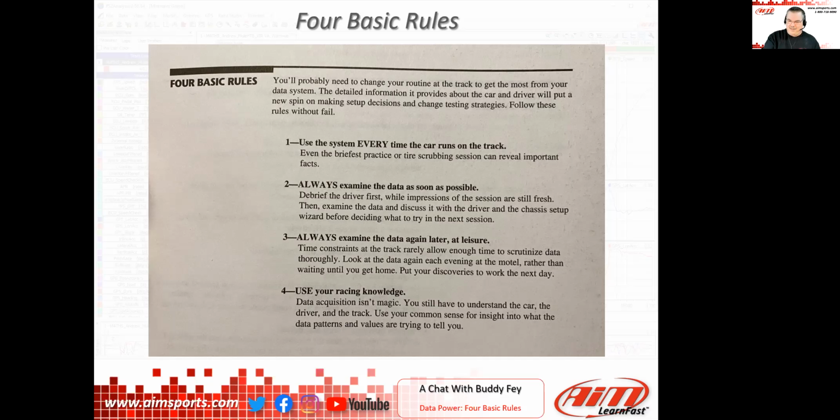And as soon as I asked, well, how long has it been doing that? He goes, what? That's the way that car always does, right? And I said, no, I think we can fix that, and we made a few changes, and he went from fifth or sixth to running up at the front end of the pack. It just shows that there are many different ways of gathering data. Use your tools, right? Exactly.